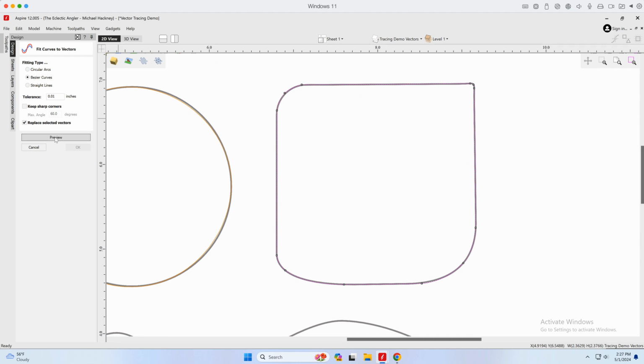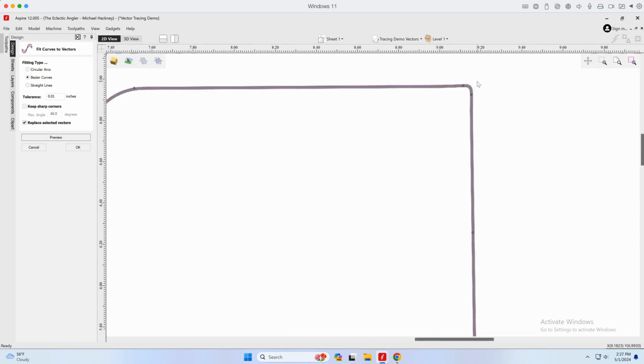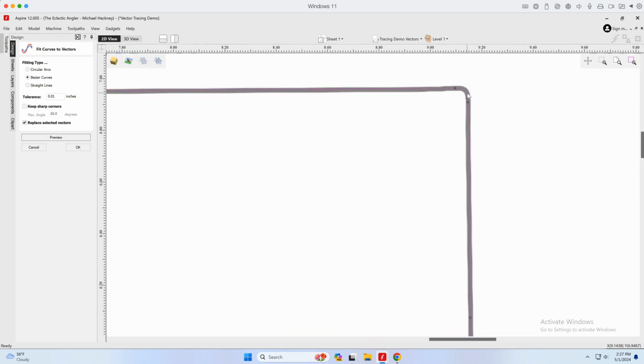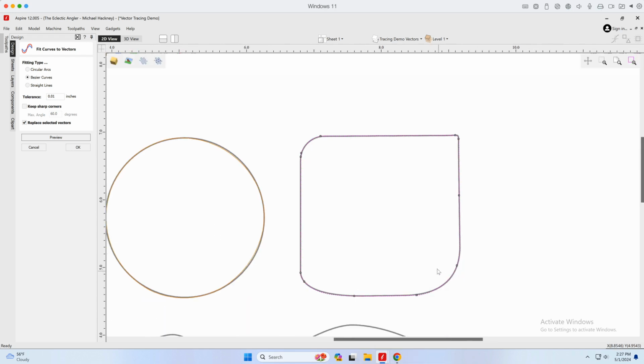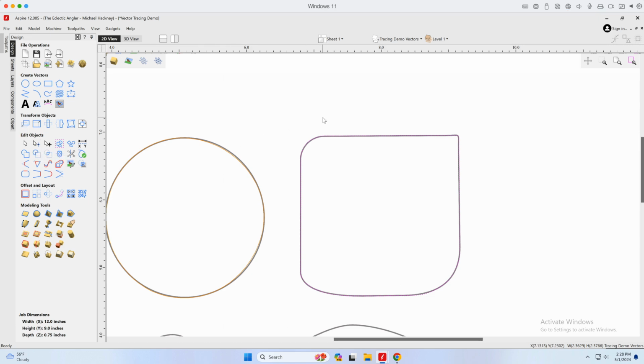So I'm going to click preview and watch what happens to the nodes over there. You'll see that it did do some minor tweaks. It actually moved this one down here. It eliminated the point up here on the third, but you see the line doesn't follow as precisely as I did before. And it did eliminate a point down here, but it put a point in up here, which is kind of odd. And it didn't muck too much with this down here. In fact, if we cancel, we can actually see it'll go back to the original